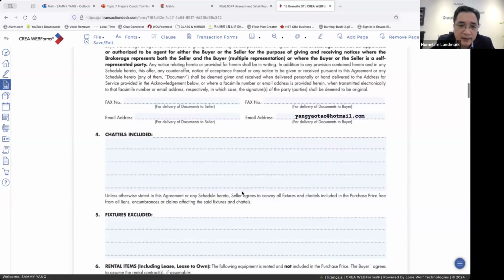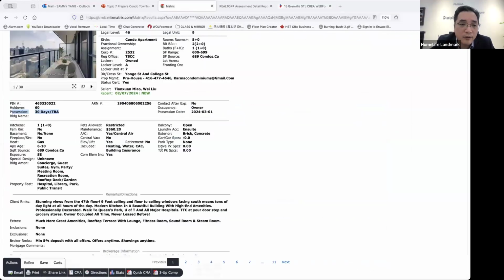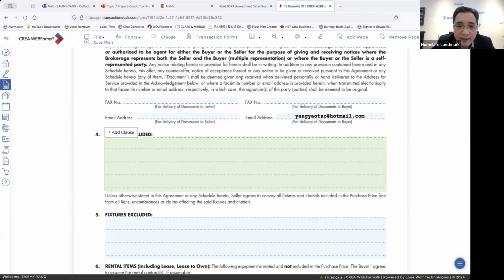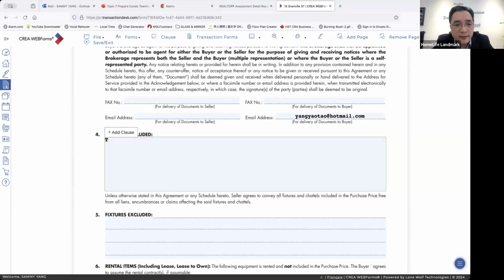And go next, chattels included. I will go to the listing and check extras. They don't write down the chattels. Anyway, if they don't write them down, we usually need to write them down ourselves. So most of the units, I think they must have a stove, fridge, stove, fridge, built-in